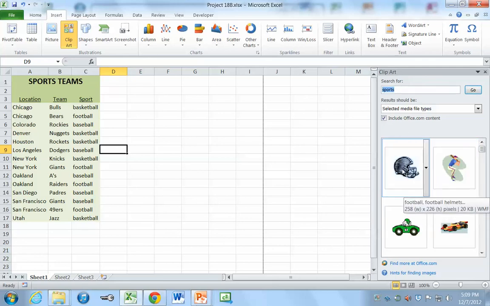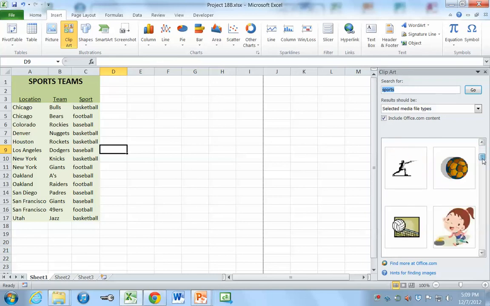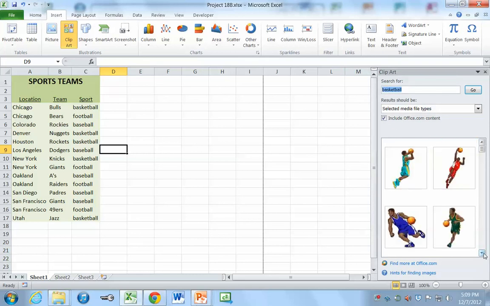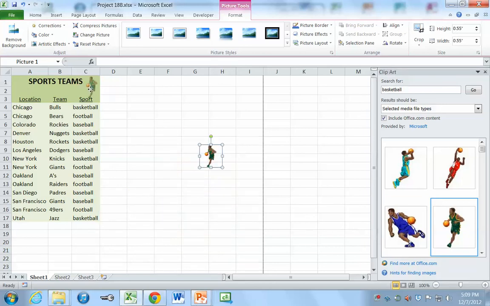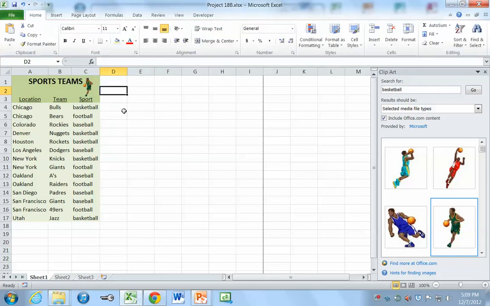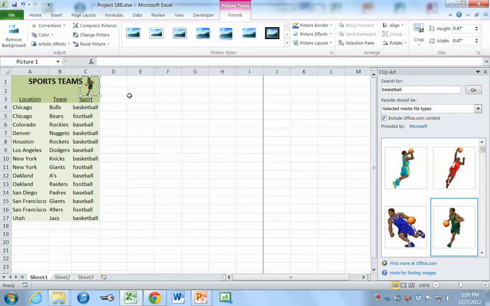Now I like this little football helmet, he's pretty good. What else do we got? We could search for basketball. Alright, I'm going to choose this little green guy here. When I click on him once, it adds him to my document, but he's obviously too big, so I'm going to resize him until he's a little bit smaller. And I'm going to put him up next to